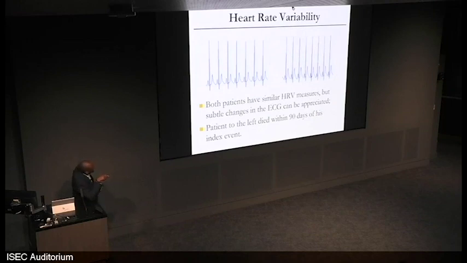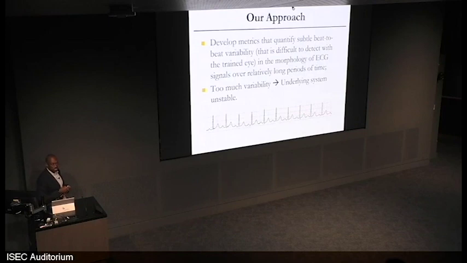Well, you get some clues when you look at this. This is called a P wave, and this is called a QRS. They're all part of the same beat. There's some distance here, which seems to be much narrower here. There's some downsloping here, which seems more prominent than it is here. So there are some very subtle effects that are different between these patients that may have prognostic value. So we had a hypothesis that there is some variability in the sequence, with beat-to-beat variability in the actual shapes of the signals. That's a much more sophisticated measure than just looking at the timing of each of the beats, and that those data had prognostic importance.